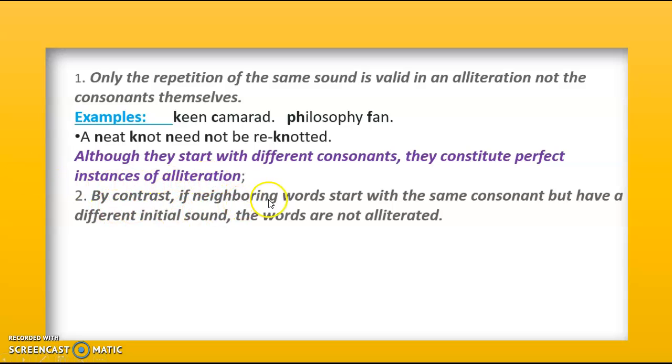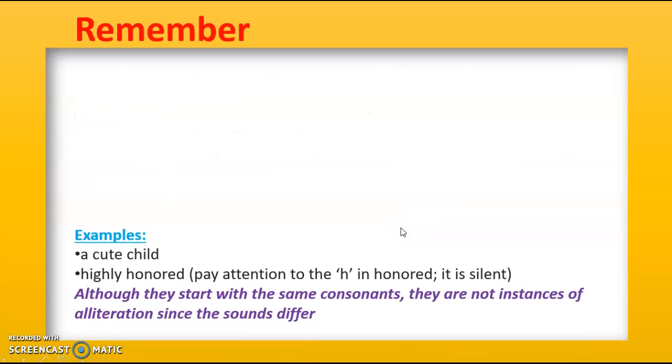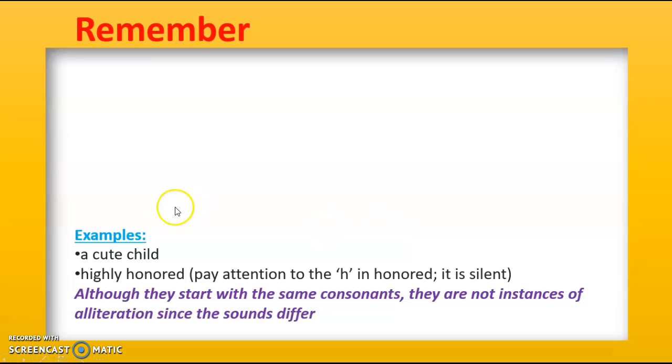By contrast, if neighboring words start with the same consonant but have a different initial sound, the words are not alliterated, okay? This we should remember, right? Like "acute child." So, C and C. These are the same consonant letters, but the sounds are different, so they are not alliterated,